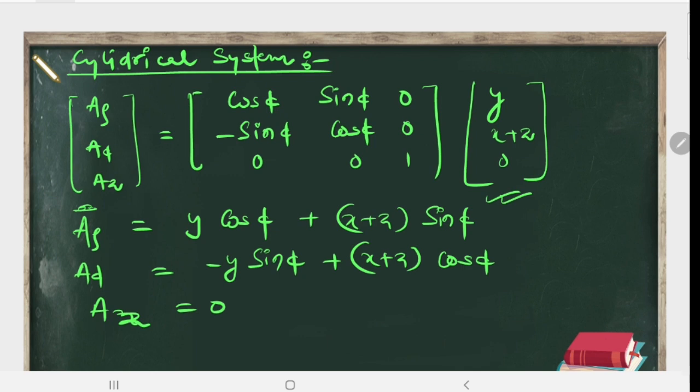Here we have converted, but in this conversion you can see that we have y, which is in Cartesian coordinates. Also we have the x and z terms, variables used in the Cartesian coordinate system. So we have to express this x, y, z in